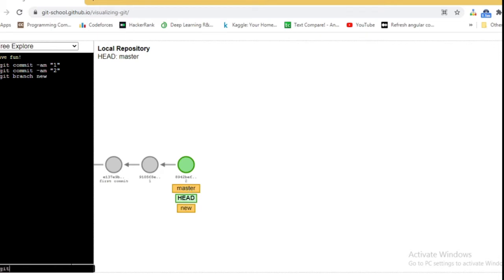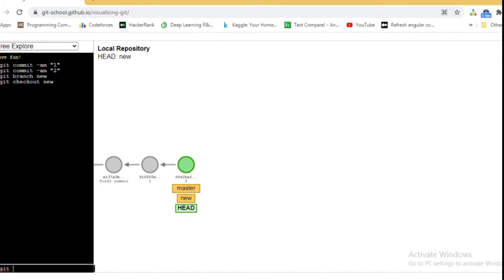So if I check out to the new branch, you can see head is pointing to the new now. Okay, so if I do any changes, I mean any commits, then it will be recorded in the new branch.